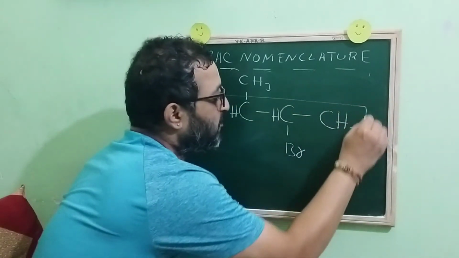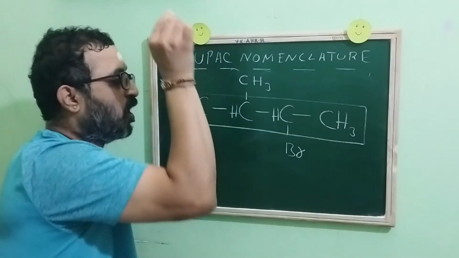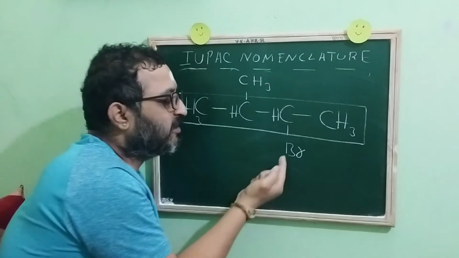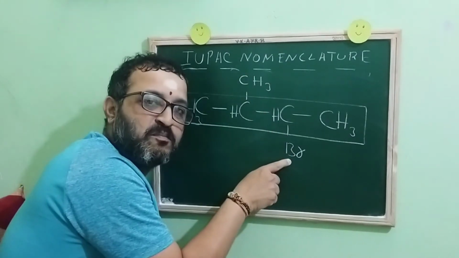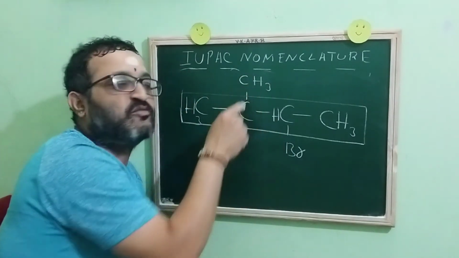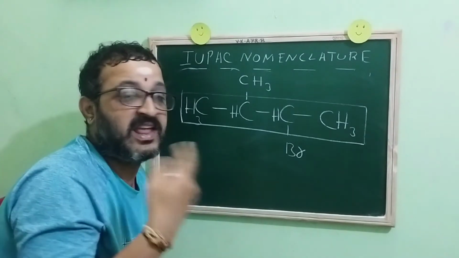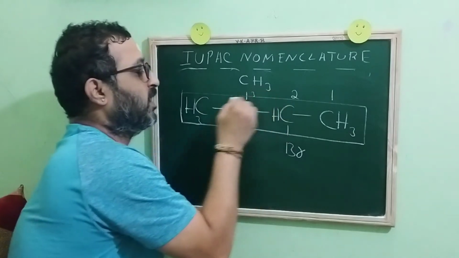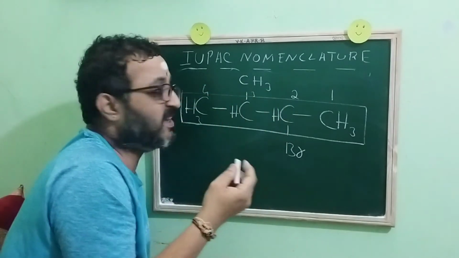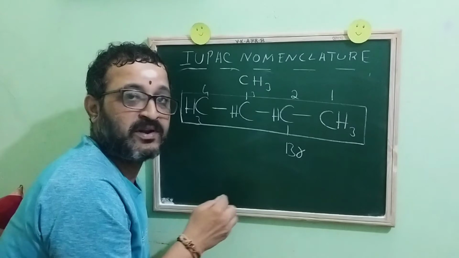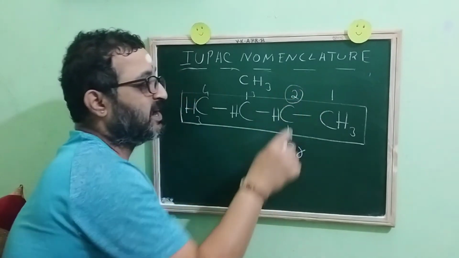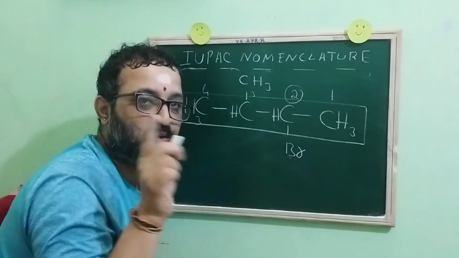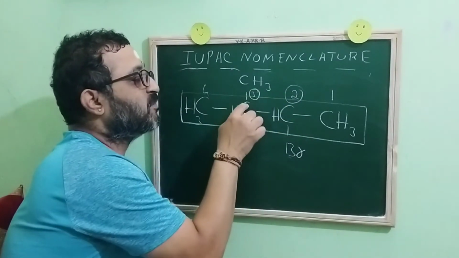Okay. Let me put the parent chain in a block. Now to this parent chain, two side chains are there. That is, two substituent groups are there. One is bromo and another one is what children? Methyl. Next thing is I have to do the numbering. 1, 2, 3, 4. Now common sense says for which carbons I have to put a circle. From the right side, to the second carbon bromo is attached and to the third carbon methyl